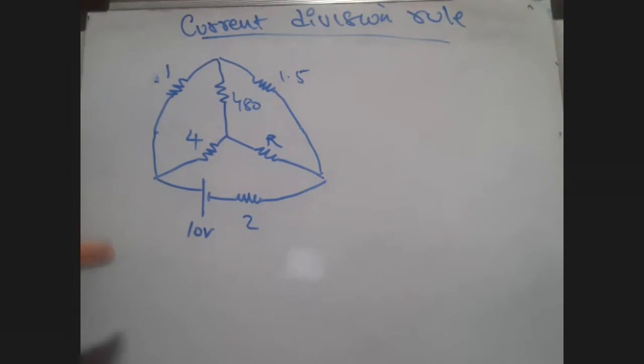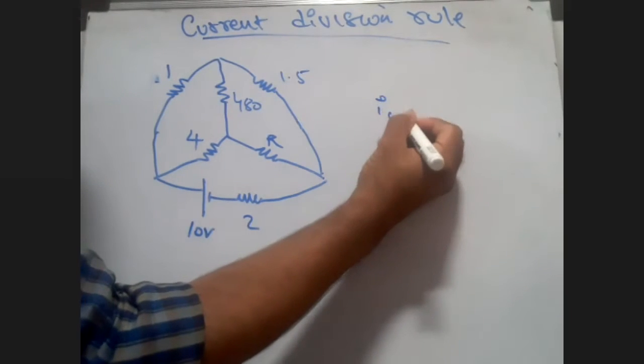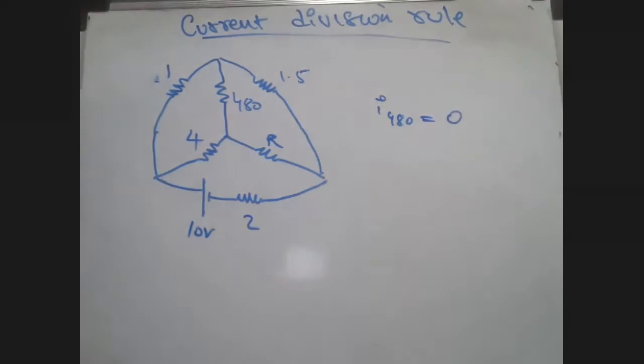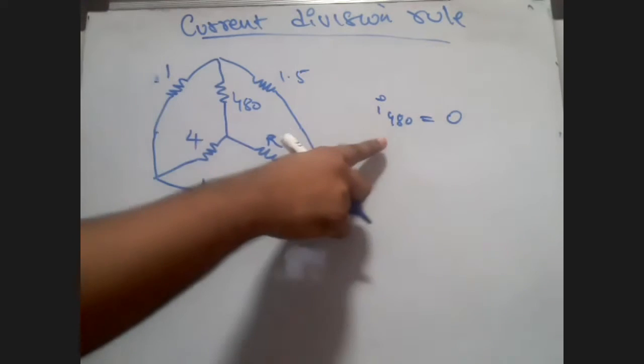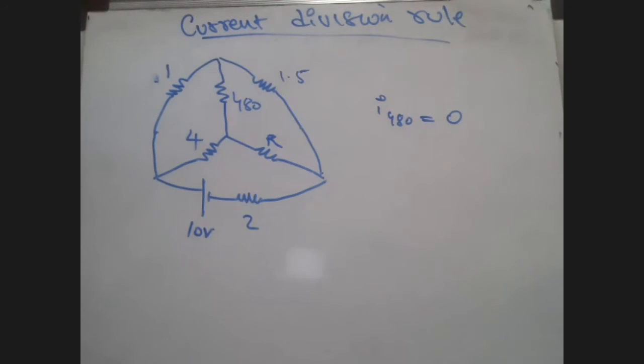Now remember, the condition in the previous lecture we had done was that current through 480 ohms was equal to 0. This was the condition. You already know the solution of this, I don't need to explain, but listen to me. Whenever you have been given any circuit like this, any condition like this, please look out for the Wheatstone bridge concept. Any complicated circuit, no problem, but look out for this. That will really ease the way of simplifying the complexity of the question.